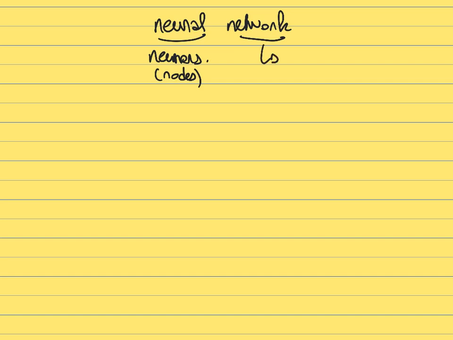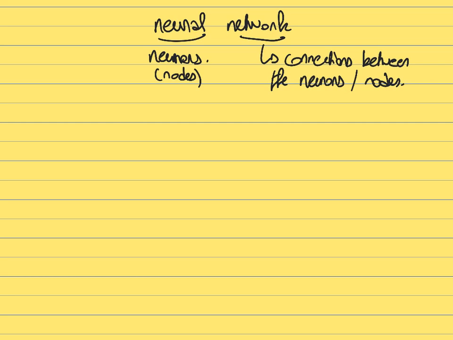So if this is a network, it means that you will have some connections between the neurons, between the nodes of the network. Those two things are important: how many neurons will you be using, how many connections in between them, and what will be the nature of those connections, what will be the nature of the overall network. Those are two very important things when you build a neural network.